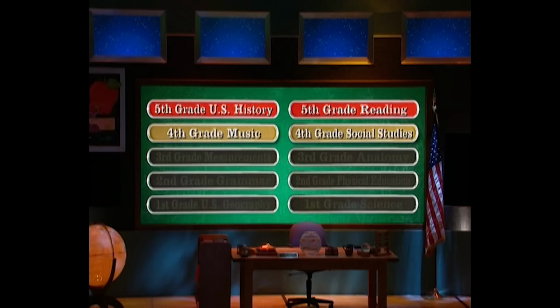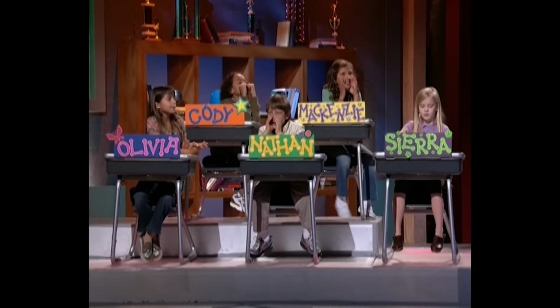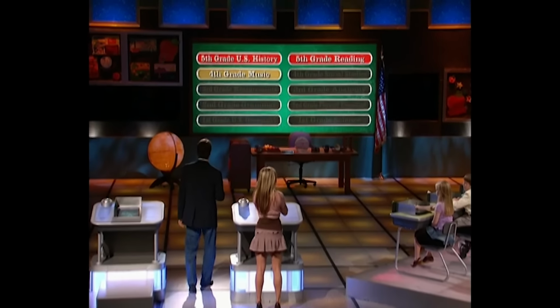Okay. Now, 4 subjects remain between you and the $1 million question. How about that? It's up to you, and the cool thing is, you can see the question and still drop out. You got $50,000. Let's do 4th grade social studies. Listen carefully. Do not hit the button too quickly. For $100,000, the 4th grade social studies question is,